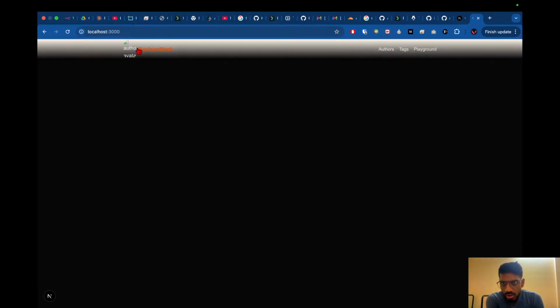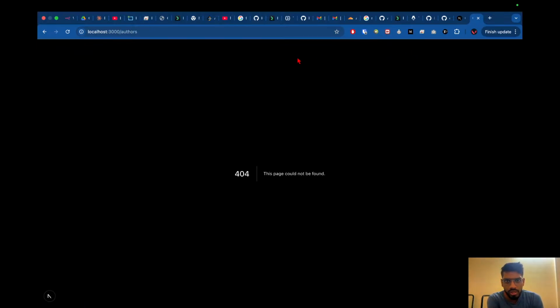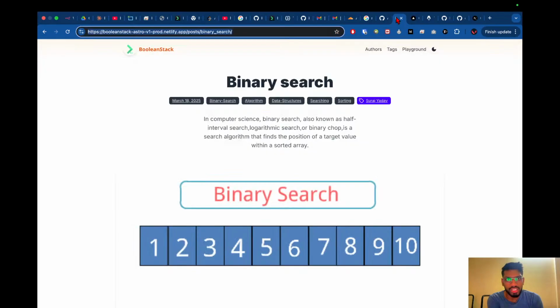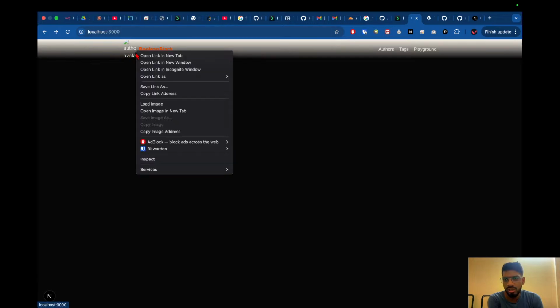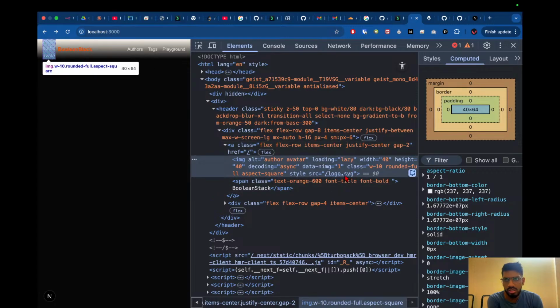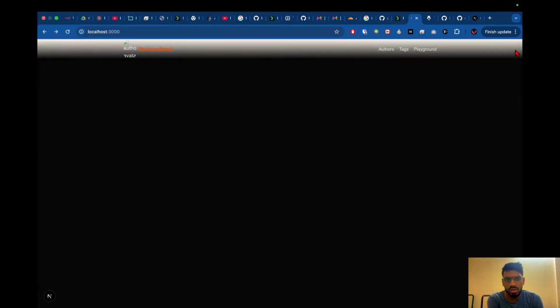See, so everything is broken, but some things are at least working. The author, tags and playground, it is actually as per the Boolean stack, right? So see, there's some kind of resemblance as you can see. Author, tags, playground is there, and it's also there. The author is not loading the logo. So why is it such a case? Because it is not loading. We can see that